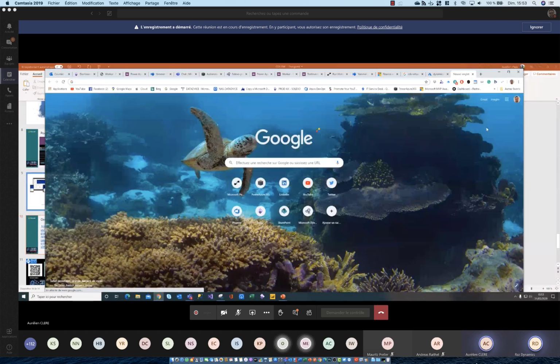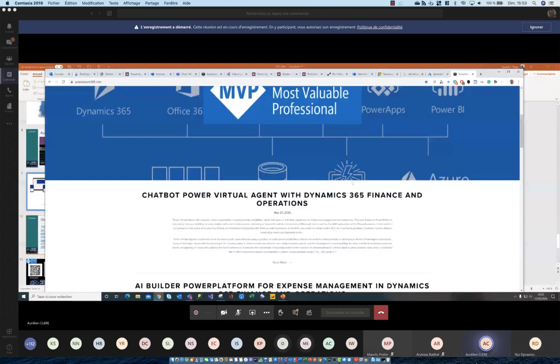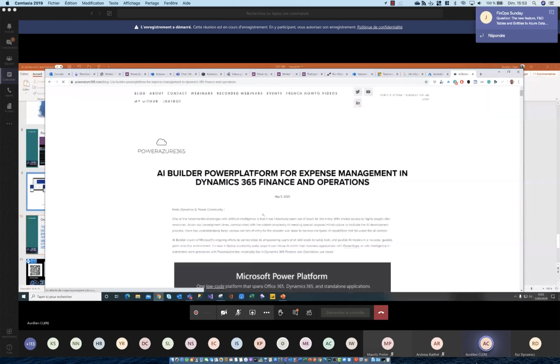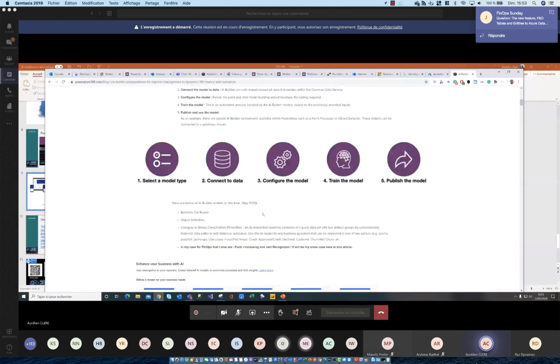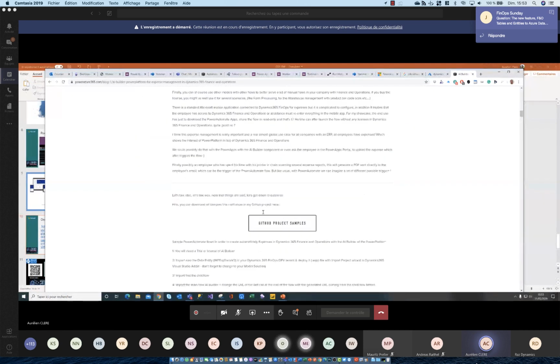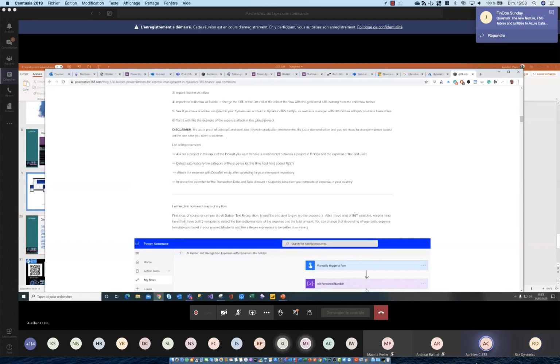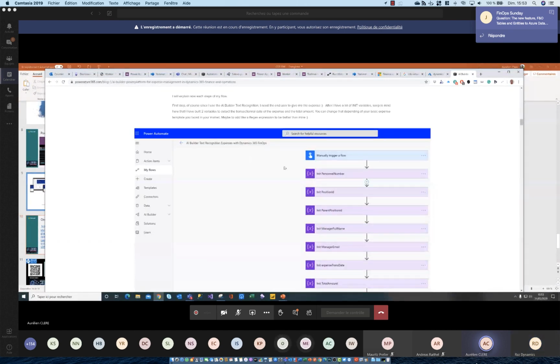Yes. So for that, I've done an article with AI Builder for expense management. With that, I can handle text recognition of the expense. You can read my article on my blog, it explains everything.